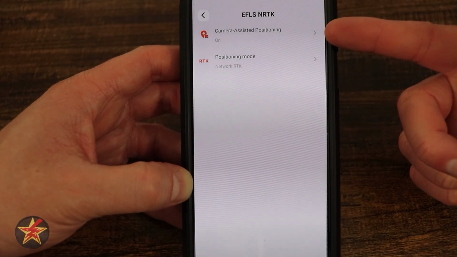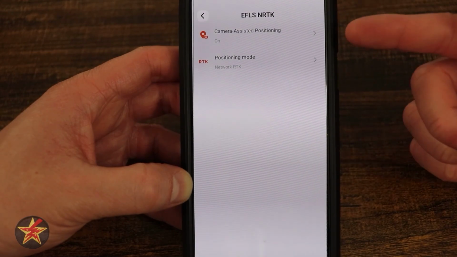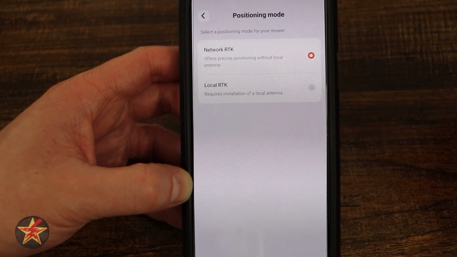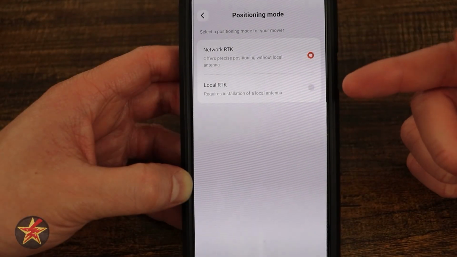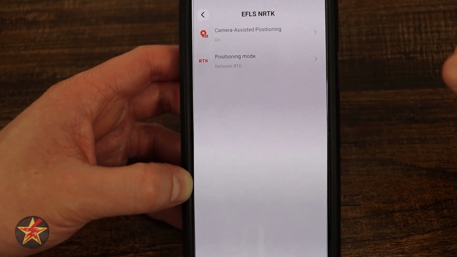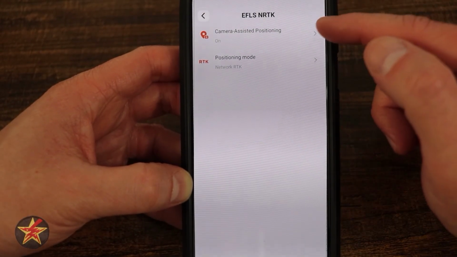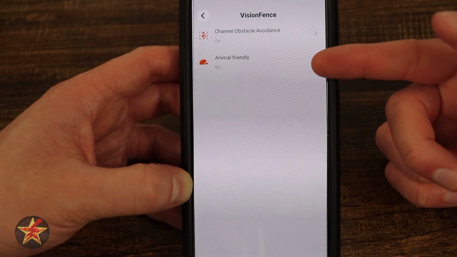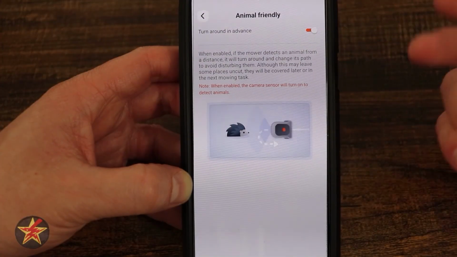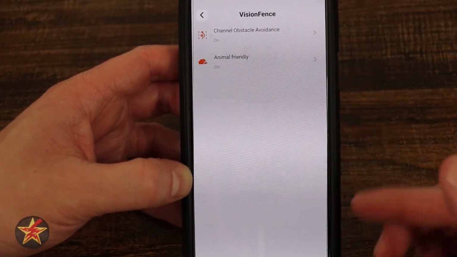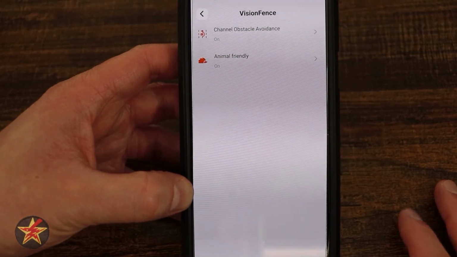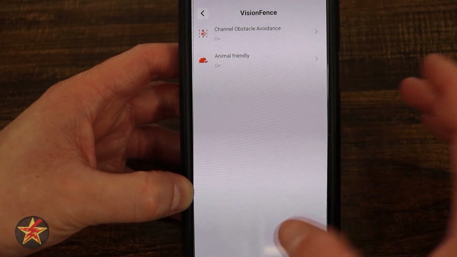And right here we have our camera assisted positioning on or off, and then positioning mode, the network RTK. Again, this is going to be a toggle on and off. If you use the local, you will need to set up the stick with the localized RTK. Vision fence, in here we have our channel and obstacle avoidance and our animal friendly on or off. This is going to be to avoid animals. This one's going to be to help it navigate between locations that might not be connected or overlapping like I